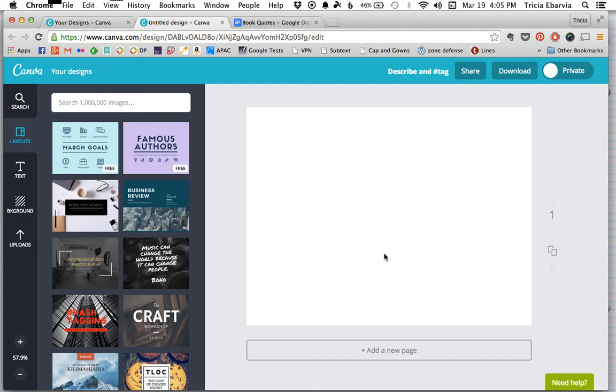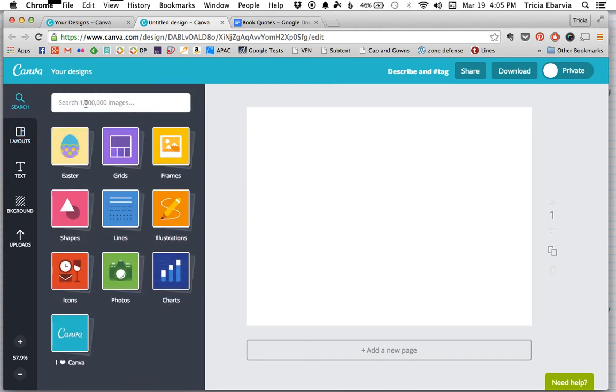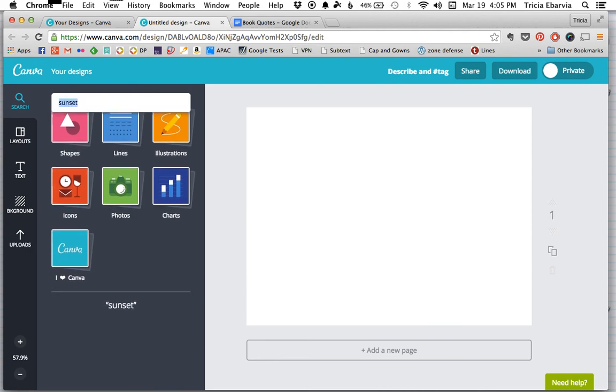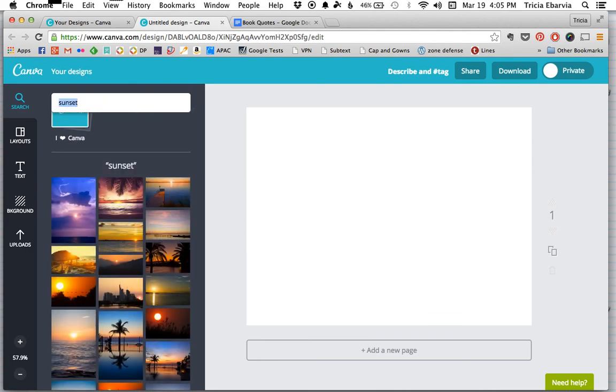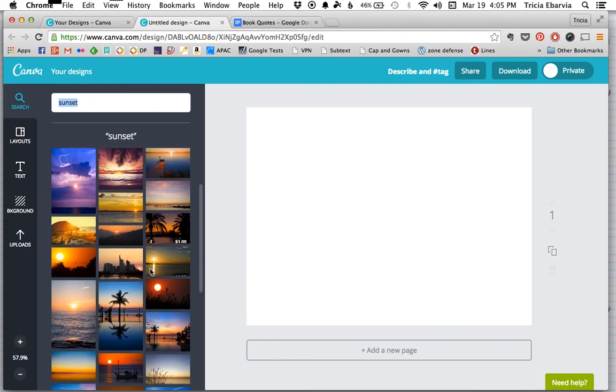If you want to think about building your visual from the ground up, think of the background. So how to choose an image. Now, first let me tell you this. There are images that are available. You might think, oh, it's easy. I'll just search 1,000 or 1 million images, and I'll just put a sunset. And then I'll click enter, and it'll show me all these beautiful sunsets, which are great. They're lovely. But if you notice,